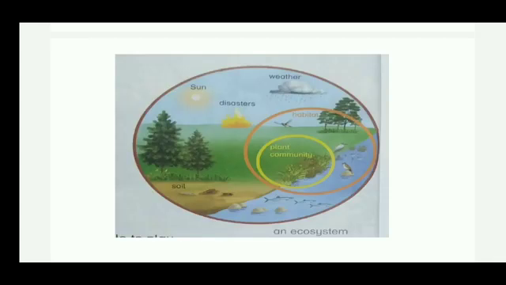Now, class, look at this picture. As we know, plants and animals depend on each other to survive. The word survive means zinda rehna. So they live together and they build the ecosystem. We can see in this picture the plants and a few birds and fish. They are all making an ecosystem. We can see some non-living factors as well, like the sun and clouds, etc.